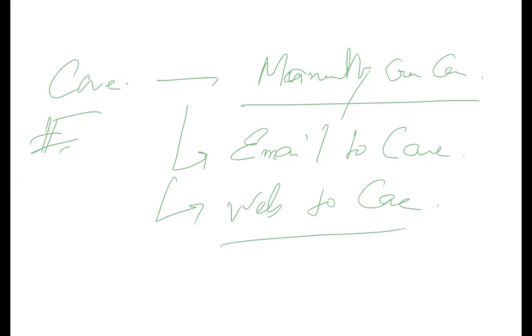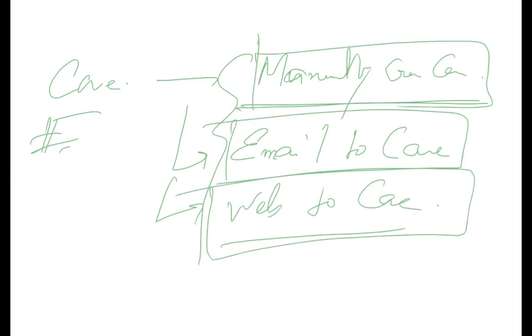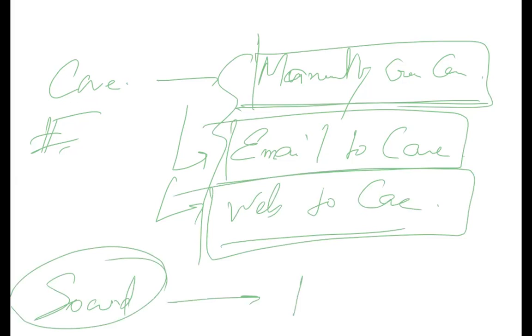I see that usually the manual channel will be used for phone. People will call, and manually you will create a case for them. Email to case is automated. Web to case is also automated. So 3 channels are already taken care of. For social channels, by default, Service Cloud is not possible. For social channels, we have different tools called Social Studio. We are not discussing that right now. Okay, so let's see this in action.